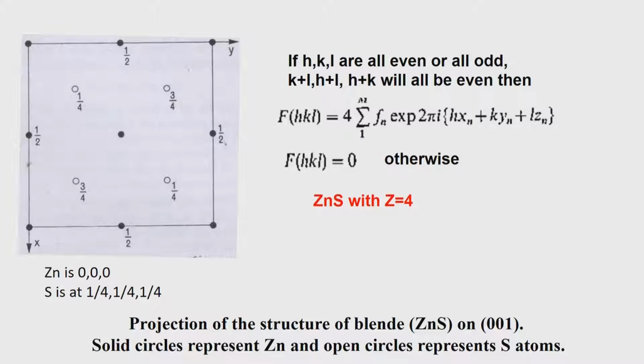So, we do the powder diffraction experiment or single crystal experiment, look at the x axis of the powder diffraction and find out the 2 theta values, and from the 2 theta values you calculate the d values, and from there calculate a, b, c. So, the values of a, b, c will tell us that this zinc sulfide system is going into the crystal system where there are 4 molecules in the unit cell. So, that means 4 zincs and 4 sulfurs.